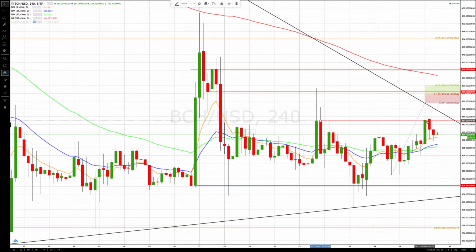Again, we'll take a look at the daily chart, but it's now pulled back to the prior breakout zone. The prior breakout zone is 333.30 area. As long as it remains from this 333.30 down to possibly the 328.50 area, which is essentially the bottom of the rotation zone and the 50 exponential moving average, we'll be watching for another turn up, retargeting the 342 area, then looking for 351,